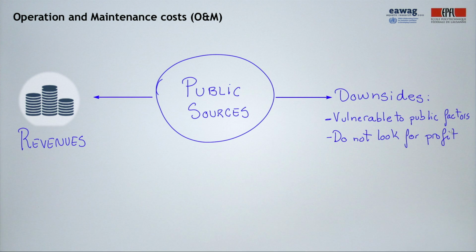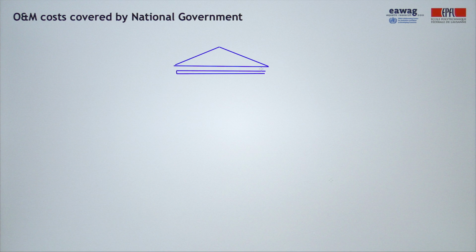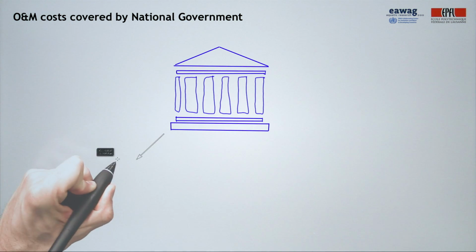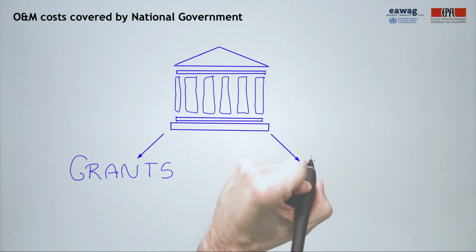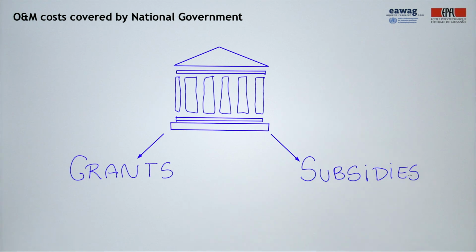center. We distinguish 3 main sources of revenues: national government, local government, and users, which can be the residents themselves or private enterprises. The national governments often assign grants and subsidies to supplement local revenues, since in most municipalities in developing countries, these are insufficient to cover all the operation and maintenance costs. This is the case in Cameroon, where the national government subsidizes 85% of the operation and maintenance costs.